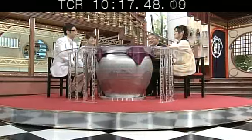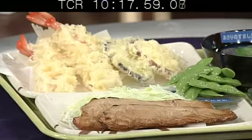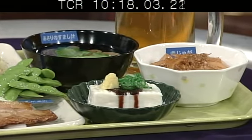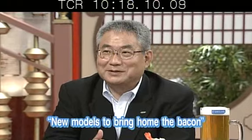Well, Iwasaki-san is looking into yet another business. Let's open today's Power Pot. More model food? Right. What's new here? We've already seen a lot of that today. I know, but this model is cutting edge. They've actually taken a patent out on it, right, Iwasaki-san? Yes, this model should bring home the bacon. Serious? Let's take a look at how it is